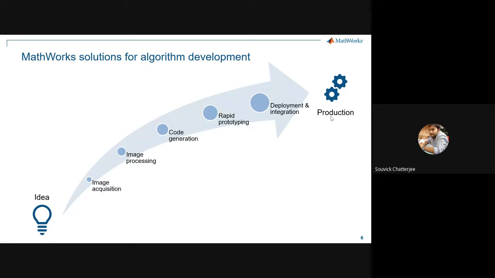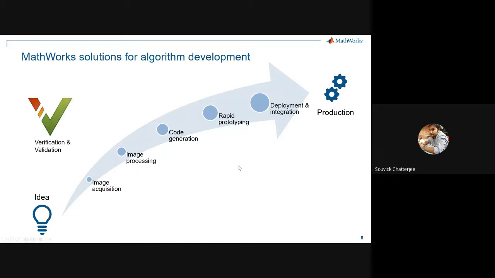Specifically, if people are interested in things like startups, where you want to have a product and you want lab to market time reduction, these things also help in all these three steps. So I'll briefly mention at the end how this is done. But the majority of the time we'll spend today on this image processing area, because that's where all the algorithms, segmentation, morphology, the things you are learning in this FDP, come into the picture.